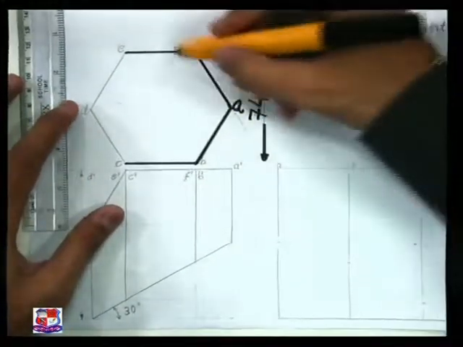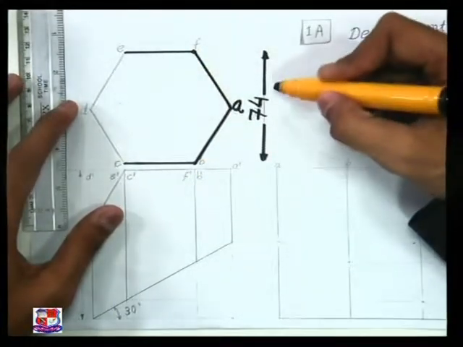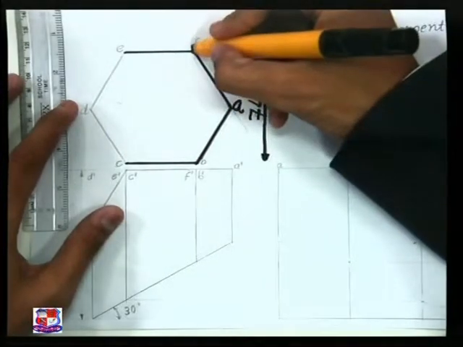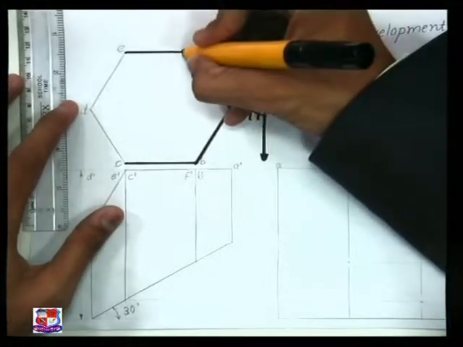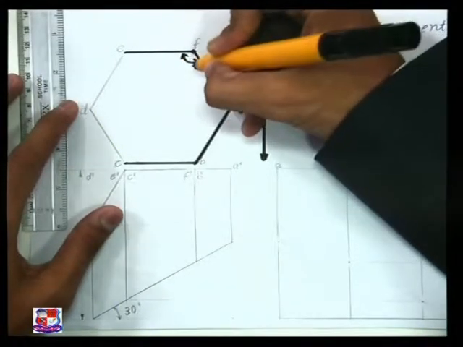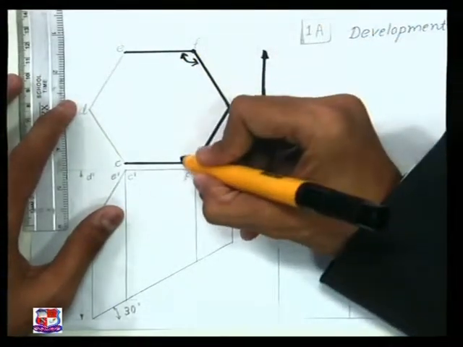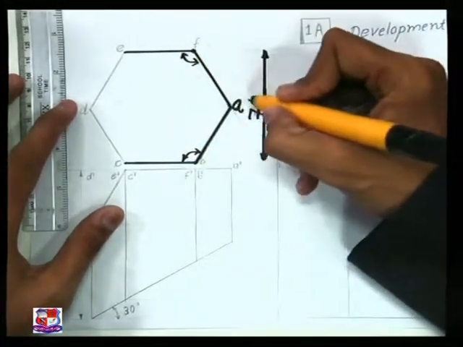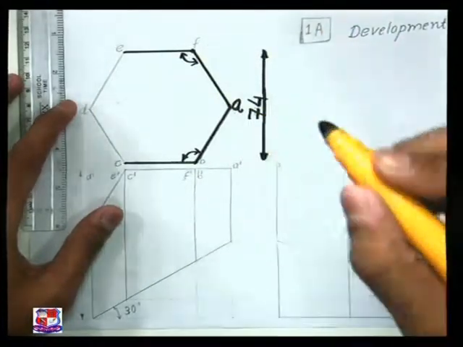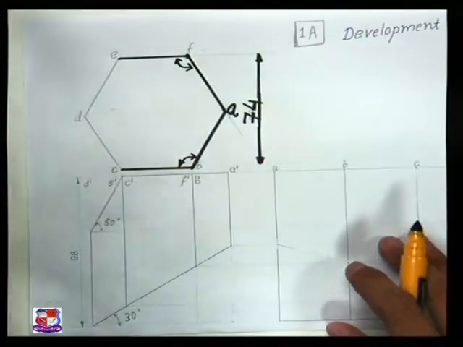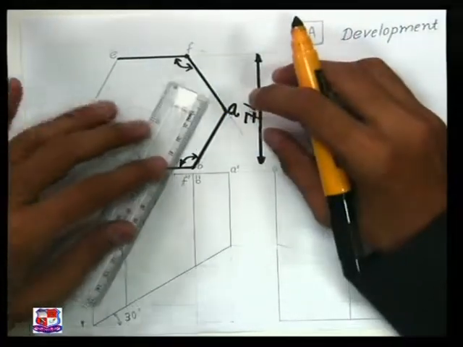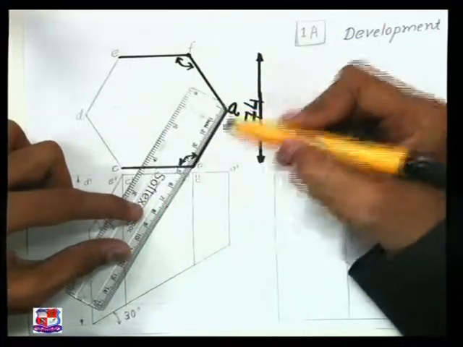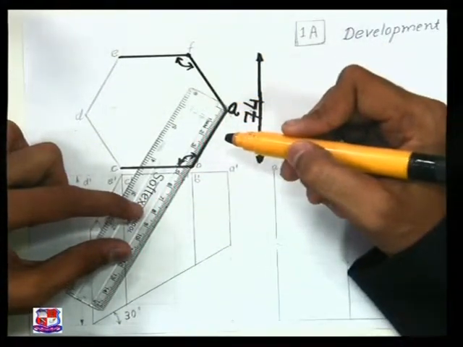Is it clear? First we have drawn two lines at a distance of 74 mm from each other. After that, from this point draw a line at an angle of 120 degrees. This included angle is 120 degrees. We need not insert that dimension over here. This angle is also 120 degrees. So from that draw two lines, and both these lines will cut at one point, that is point A. Now after drawing this, we would be able to measure the side length of the given hexagon. This is the side length of the given hexagon. In this case it comes out to be equal to 42 millimeter. So 42 millimeter is the side length of this hexagon.